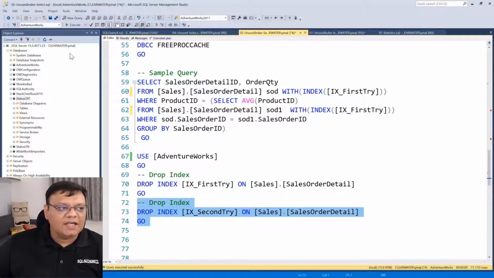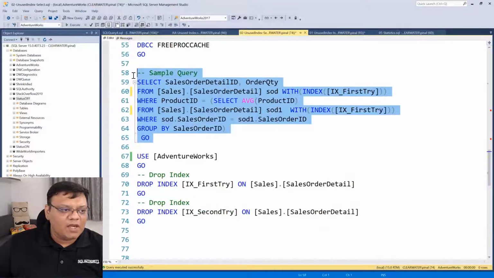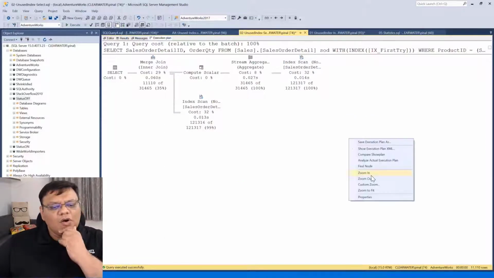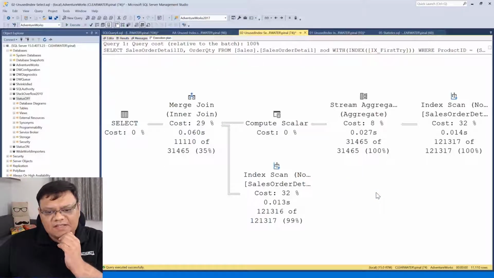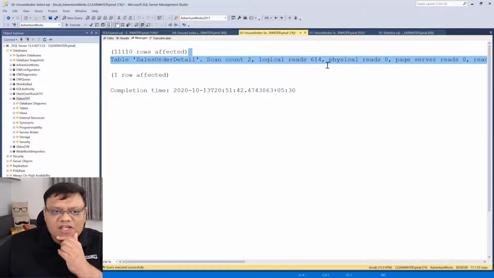Let me drop the second index. I drop the second index and I run the same query again. Oh, this is different, crazy. Look at this. Logical reads are low.